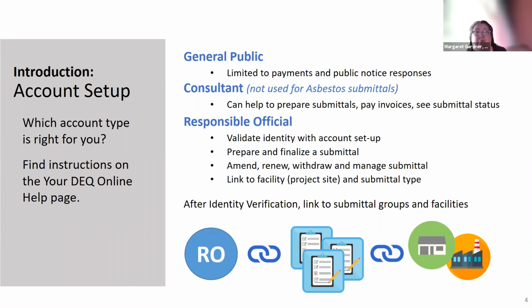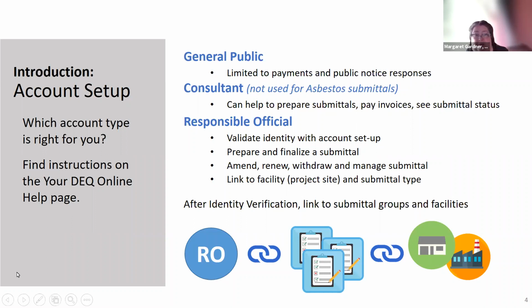So when you go through account setup, what is captured in the system is your name and your place of business and your contact information. But what you enter for identity verification, we don't hold on to. That goes directly to the validator and it's secure. So you would go ahead and validate your identity and then link to those submittal groups and facilities.